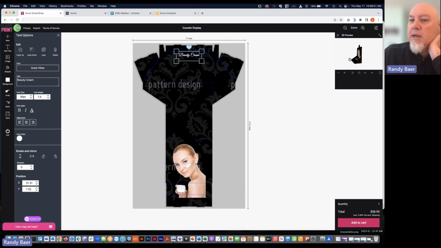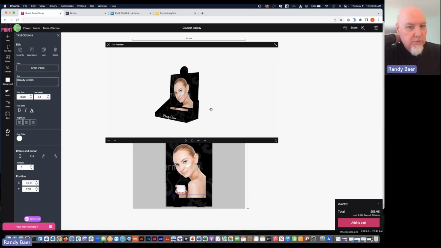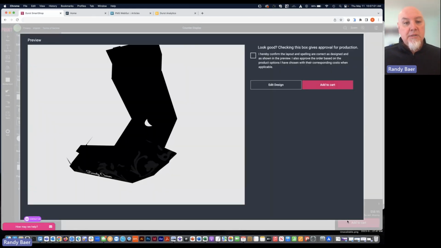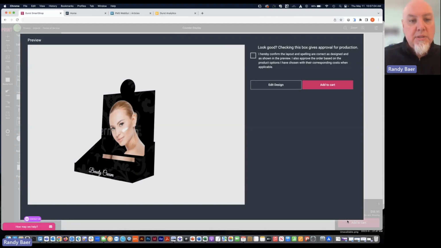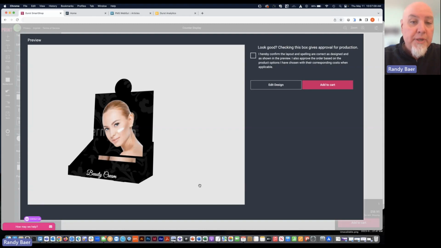And you can see up here at the top right, we are getting a 3D preview that is being generated for us. We can see exactly what this final piece is going to look like. This is something very complex. Of course, we can do banners, we can do yard signs, we can do whatever. However, when we add this to the cart, it's going to show not only this is what this looks like, but it also shows, hey, this is how this lays out. It's something that customers would be able to create art for you in. You see how quickly we were able to do that. That is Smart Shop.